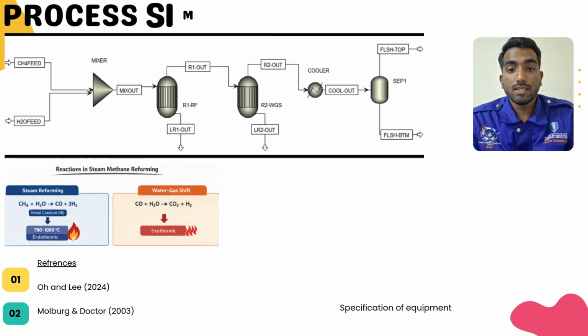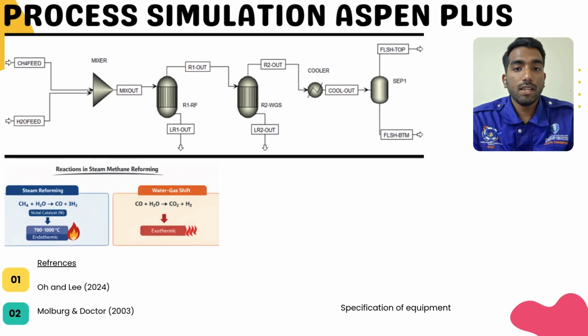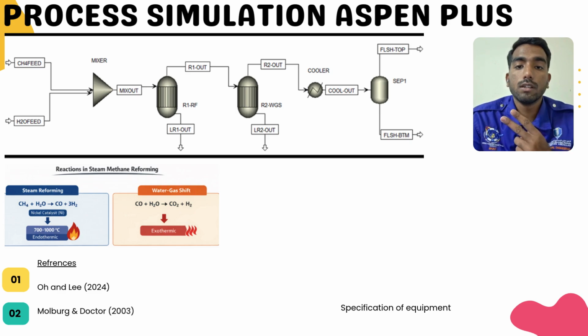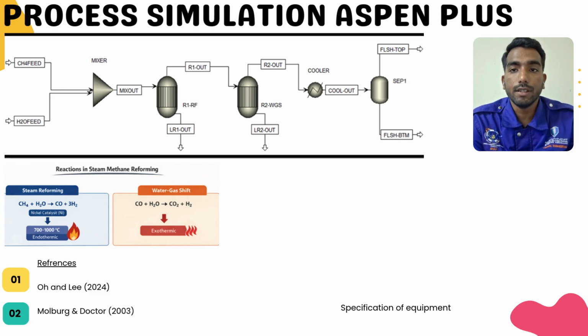Assalamualaikum, my name is Ahmad Shah bin Najisur Rahman and my metric number is KH23013. So my part, I work on simulating the SMR process using SMR+. My process flow and all design parameters were extracted using two references. The first one is Oh and Lee 2024, and the second is Molbert and Dr. 2003. From Oh and Lee 2024, I referred to their Aspen simulation of the SMR process where they use the SRK property method,